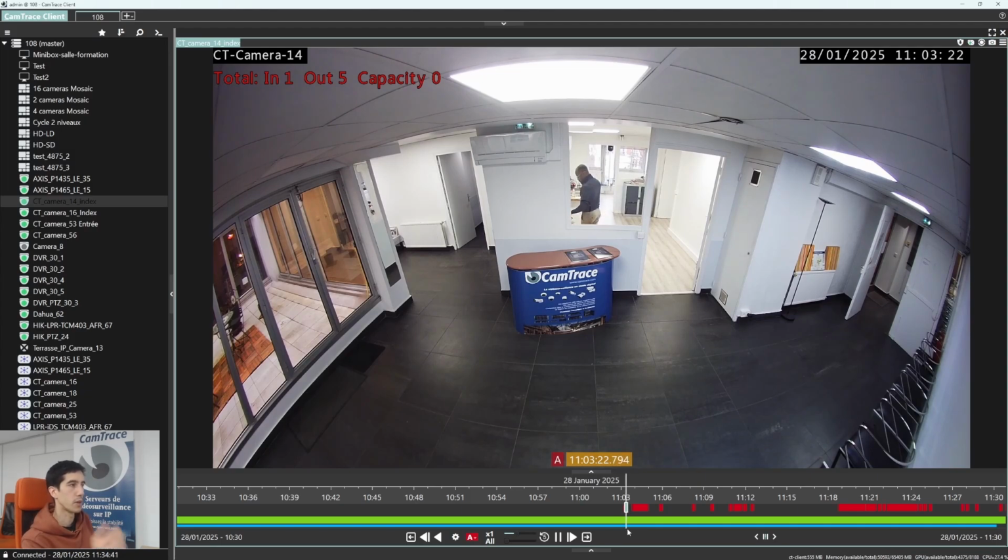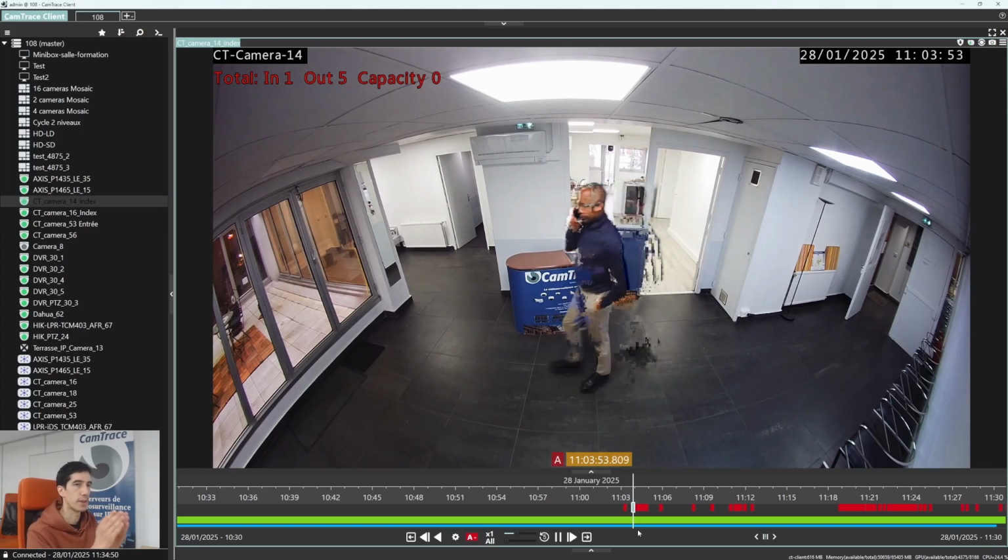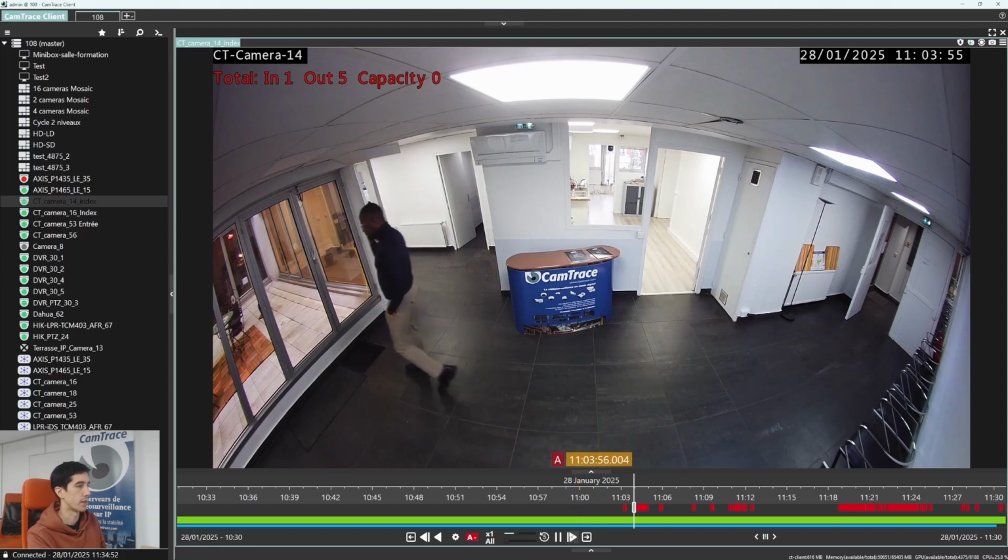So let's wait a couple seconds. And here you will see, yes, that the timeline cursor is jumping from one event to another event. So this is a very useful scenario, because if you are looking for someone, you can very quickly find that person.